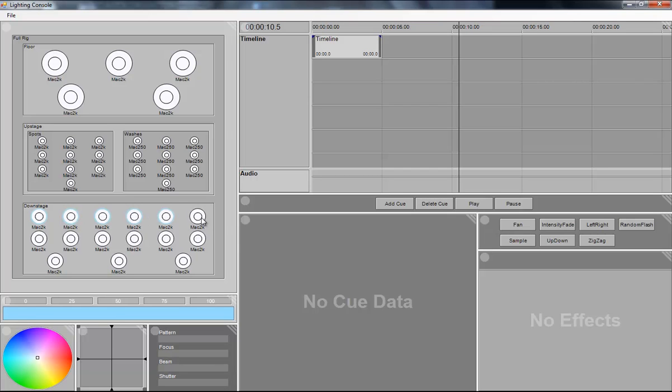So I'll select these 6 fixtures here and apply a fan to them. And what this does is it takes the fixtures and it just fans them out around a center point. And by default, that center point is just the middle point of the fixtures that you chose. So it's sitting right here in between the 3rd and 4th fixture. We can adjust that by grabbing the center attribute here. And so I've just shifted it down to the 1st fixture